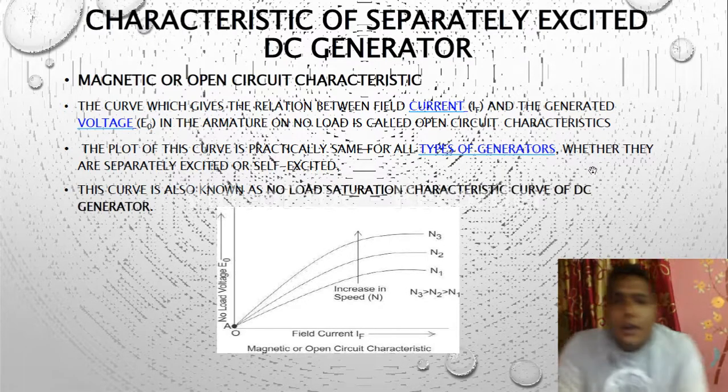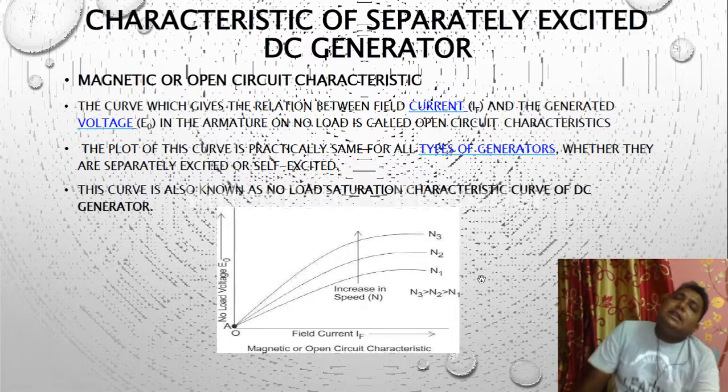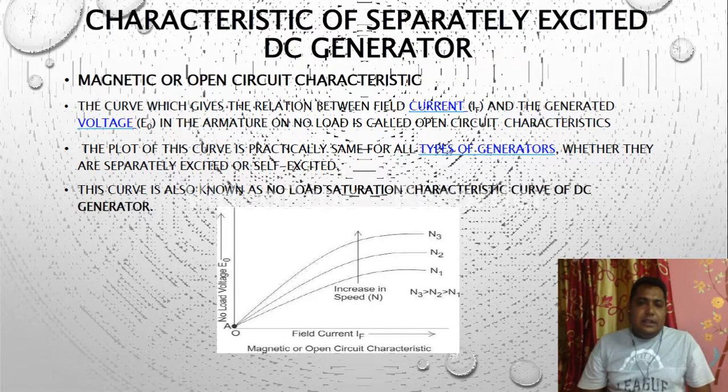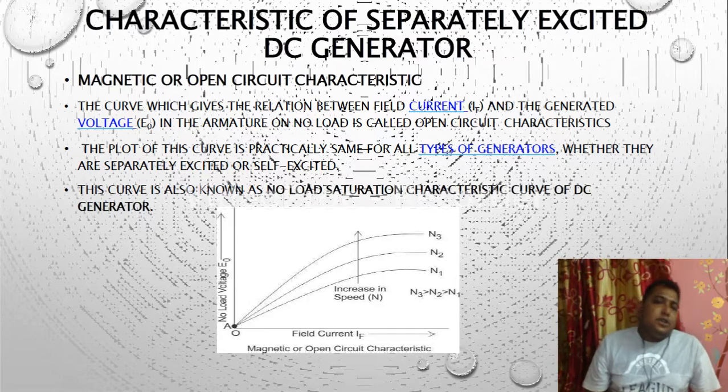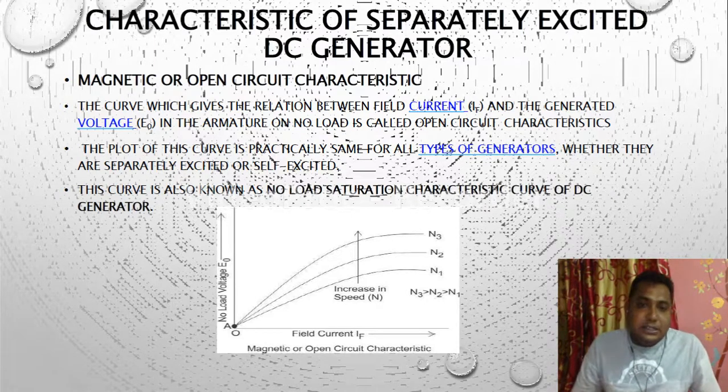So just carefully follow the characteristics. As you can see, when the field current is very less, with the increasing value of field current, follow my pointer, the no load voltage is increasing. At a certain point, it is going after this section. So now let us check one graph only. At a certain point it is now constant. That means if we increase the field current, the armature voltage is not going to be increased, because it is at the saturation level. So it reached its maximum value.